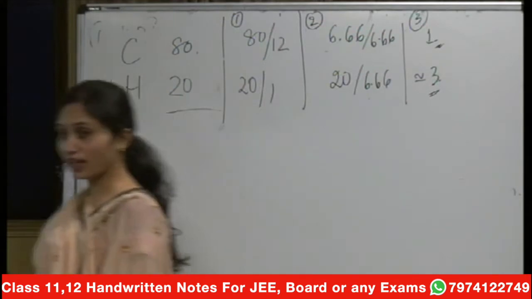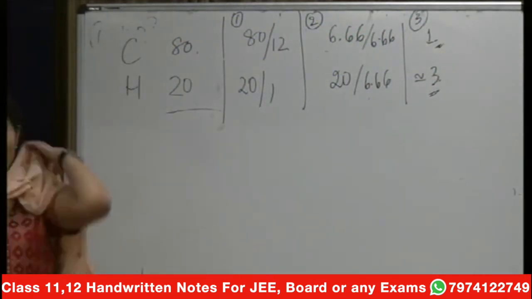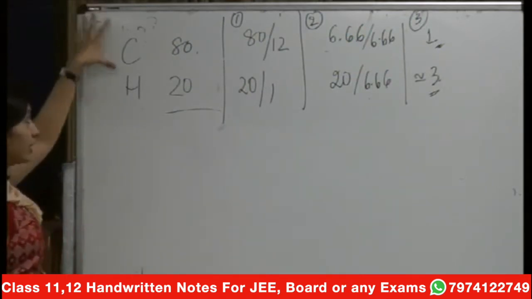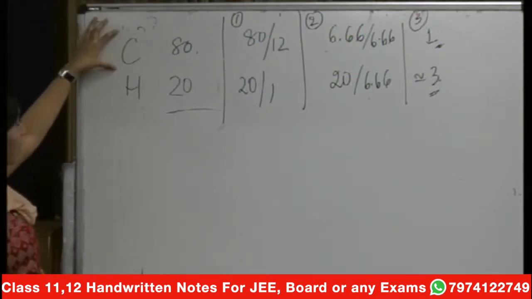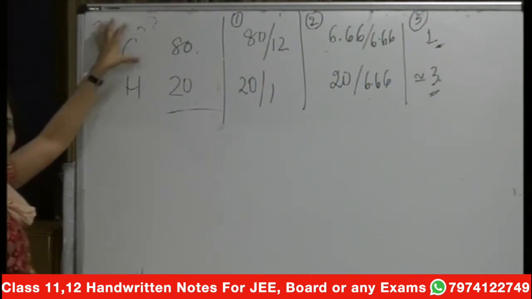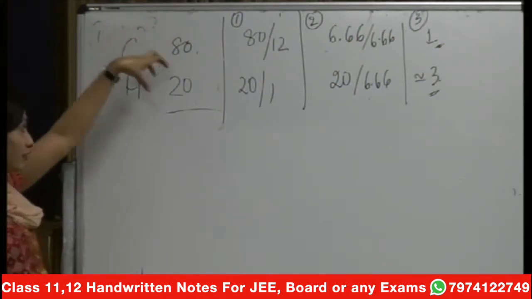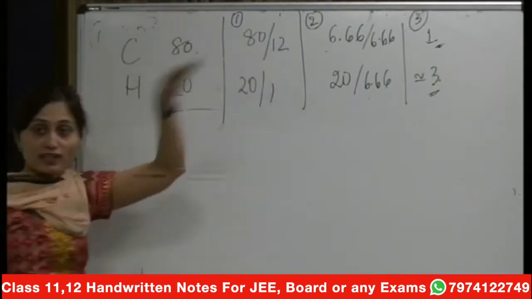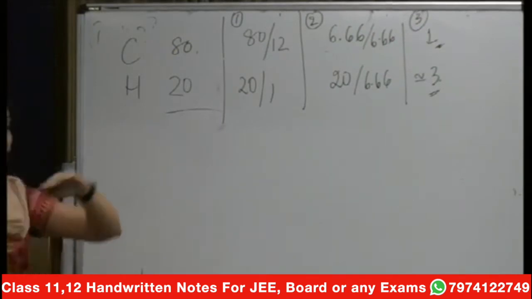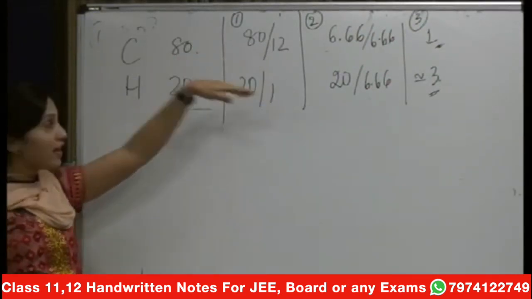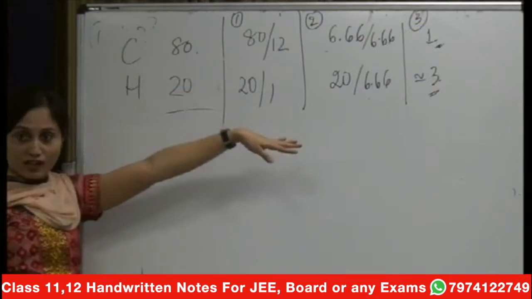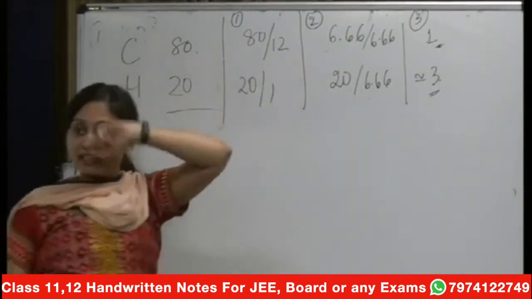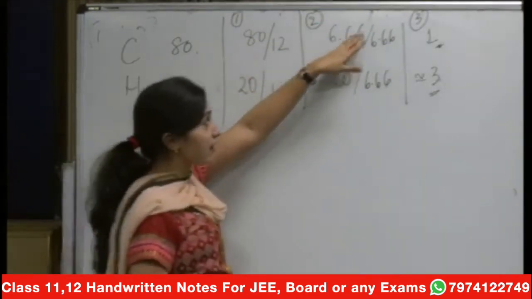I repeat it again. In a particular question, we'll take up a proper question if at all we have time quickly. What we have is, we are given two elements, okay? We have carbon and hydrogen. Now if we have carbon, 80% is given, and you have the natural abundance of hydrogen in that compound is 20%. What you do is, that percentage needs to be divided by their respective molar masses. So for carbon it is 80 by 12 and for hydrogen it is 20 by 1. And then when you take the ratios, whatever ratio you get, take it in decimals, and when you are taking it in decimals, divide it by the lower number.